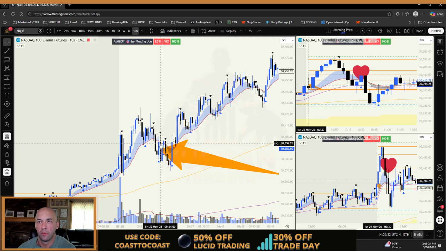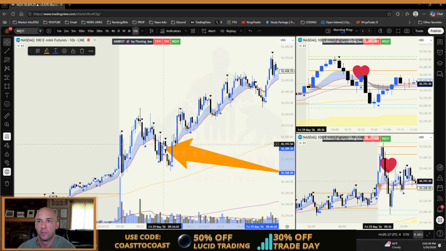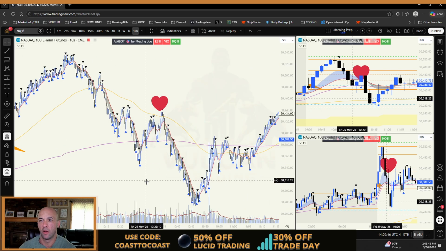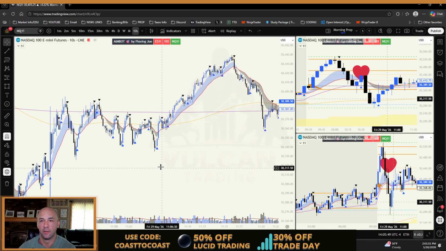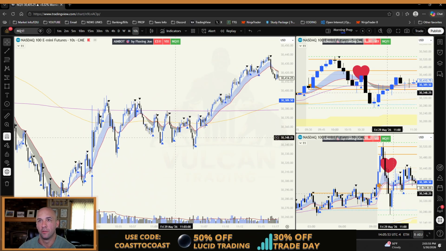9:34. So it wicks up, it wicks down, it turns back green, and then he enters here, literally right here where my cursor is, right there. So it sucks because the candle did wick down, it wicked back up, and then it wicked down even further, and it's just an unfortunate thing. It really is. It's probably not all that much different than around here where I got smashed out on